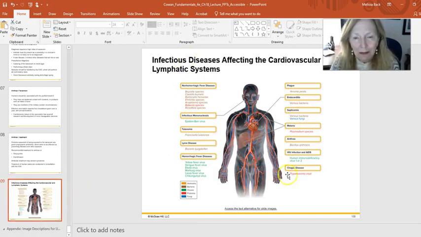I love these little slides at the end of your chapters where they kind of put everything in a nutshell, and they're color-coded by what group they belong to. The reason the group is important is then we know how to effectively treat. I like these visuals because even after you go through and listen to some of these, this can help you to retain the information.